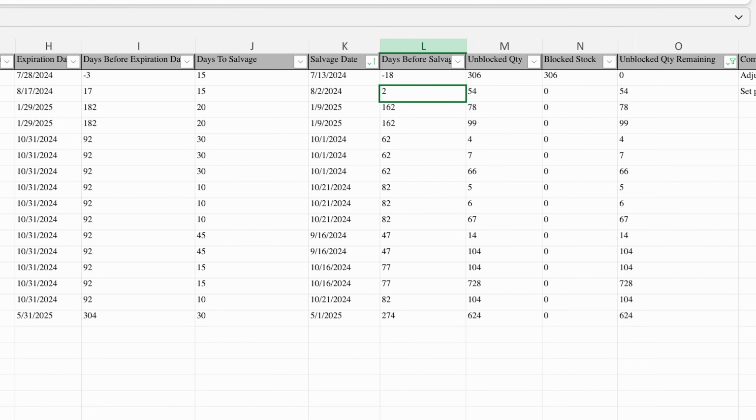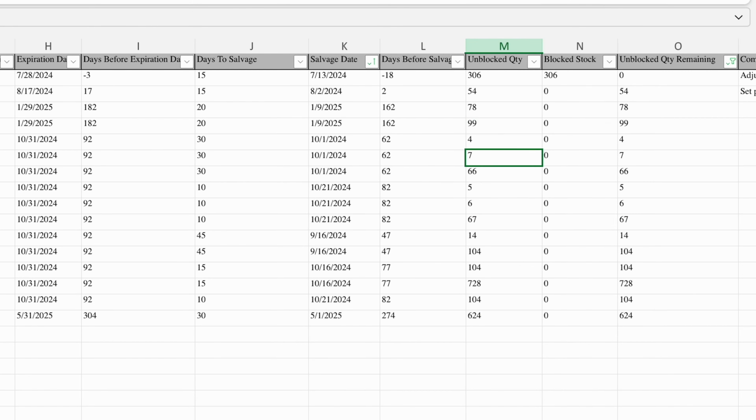We've got an item that's salvageable for 2 more days, and then every single one of these items is good to go moving forward. Now, once you know when your salvageable dates are, the inventory is either unblocked or available for allocation, meaning that when an order comes in, you can allocate that product to pick from it, or it becomes blocked. Blocked means that you're no longer going to pick that product for a traditional order, and you're going to associate an appropriate reason code to that inventory to either donate the product or write that product off and